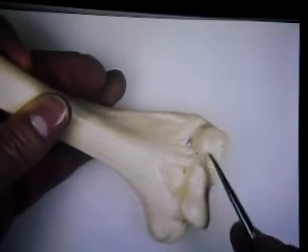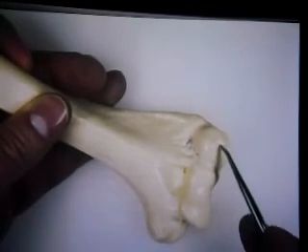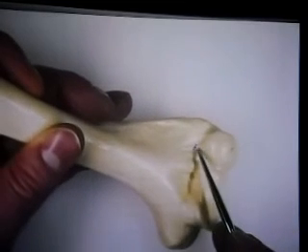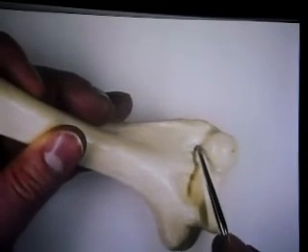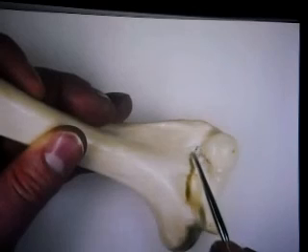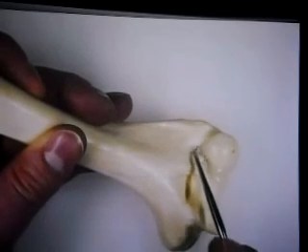This is the capitulum again. As I said, the capitulum attaches to the radius. And here, where some people have marked it a little bit, that little notch right there is called the radial fossa. So that is the radial